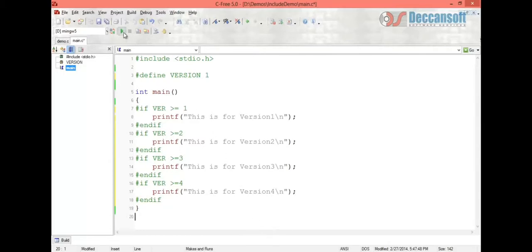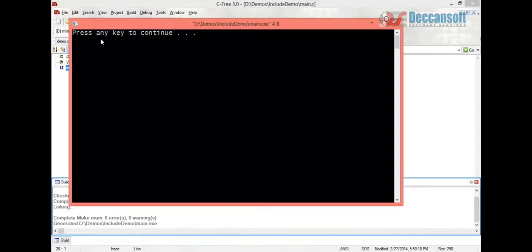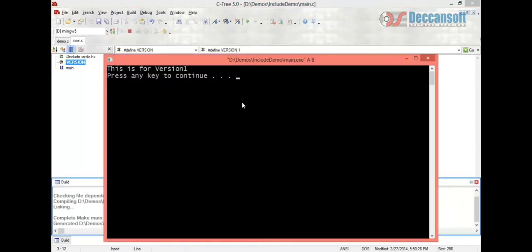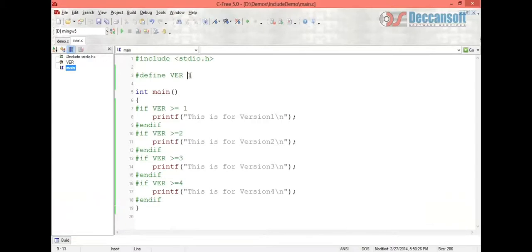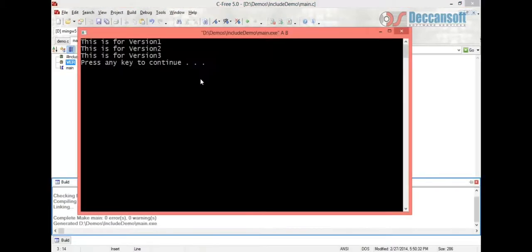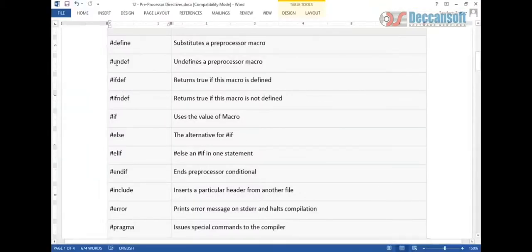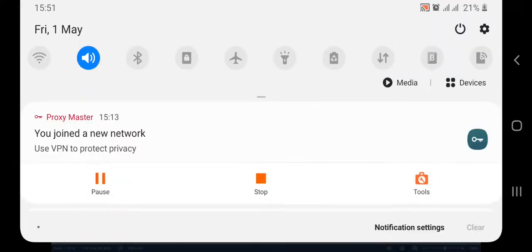Now let's execute it and see what output comes. As defined, we'll replace it by var, the short form. Then we'll see version 3. It will print up to version 1, version 2, version 3. But if we make certain changes in the version comparison, like directly giving version equal to 1, version equal to 2, version equal to 3, that was the function of #ifdef macros.